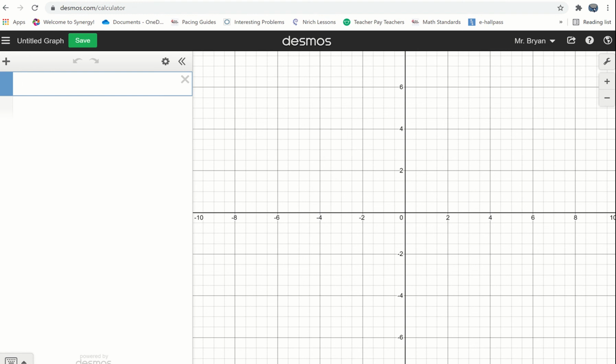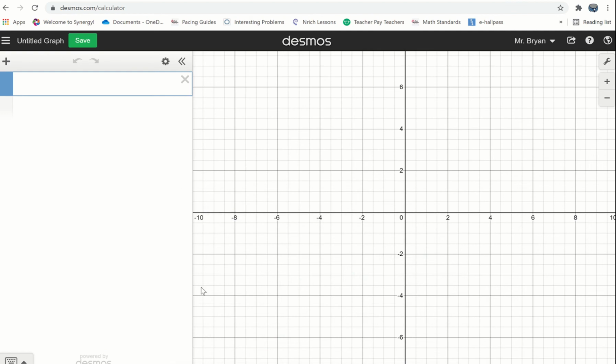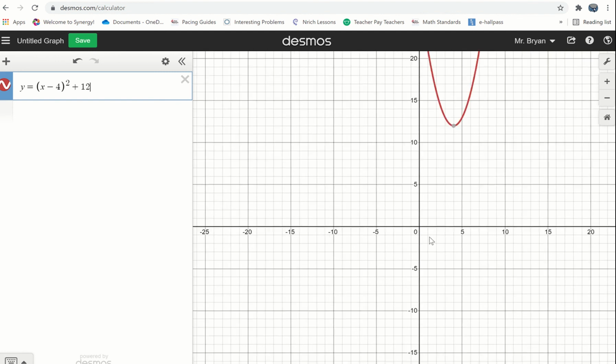So I'm not going to account for the a, I'm just going to type in the x minus 4 squared and then the plus 12. So I'll say y equals x minus 4 squared, which I'll show you how to create the squared button on your keyboard if you don't know how to do that, and then plus 12. Okay, and I notice my graph is actually there, it's just zoomed in too far right now. If I zoom out, I can see that I have this parabola here, and my vertex is